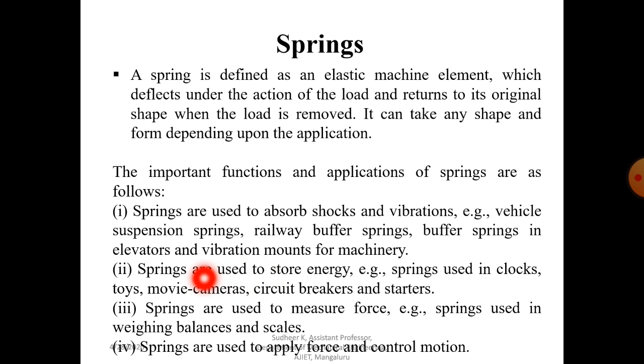And coming to the third important function, springs are used to measure force. That is, springs are used in a weighing scale or weighing balance. That is the best example, because there the mechanical force is converted into deflection in the spring, which is directly proportional, so that you can measure